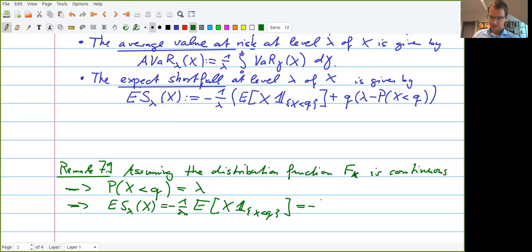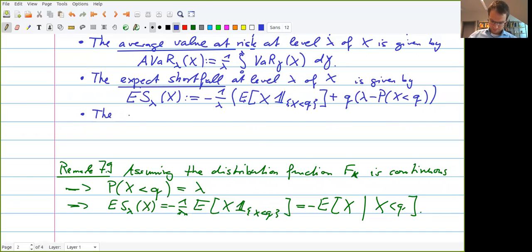Well, this is nothing else than x given the sigma algebra generated here by x being less than q. So you see, this is expected shortfall. So this is the expected value, or minus the expected value, so the expected losses we have if we condition everything on the scenario that x is less than the quantile q. All right. And now there's another way,